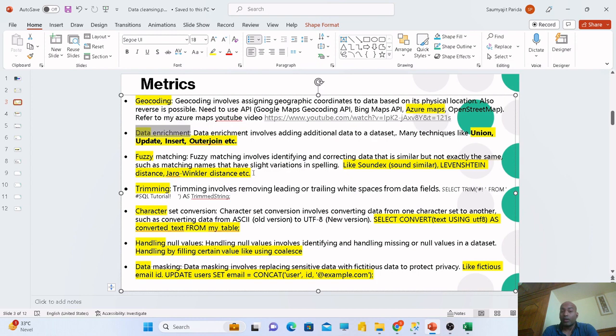The most interesting one is fuzzy matching. Fuzzy matching is, for example, like Somajit Parida. My name is Somajit Parida, and you have a column of 1 million records of customer names. If you want to know what are the sounding words, or what are the rhyming words similar to Somajit Parida, that is my name, then you can use this fuzzy technique. And the fuzzy technique involves different functions. Soundex is already built in SQL. You can directly use this technique to see